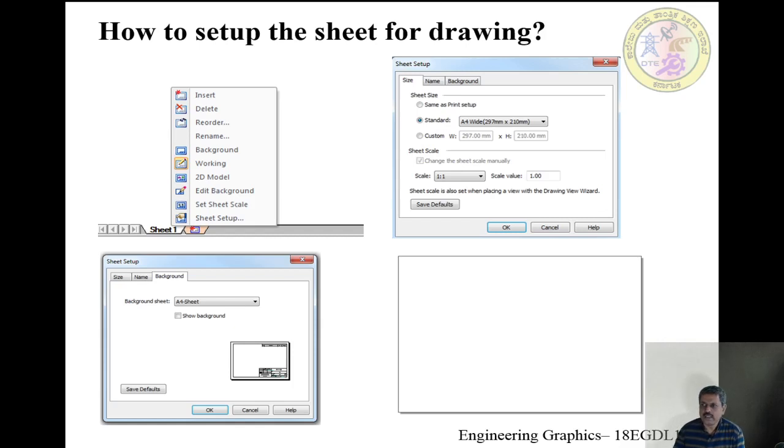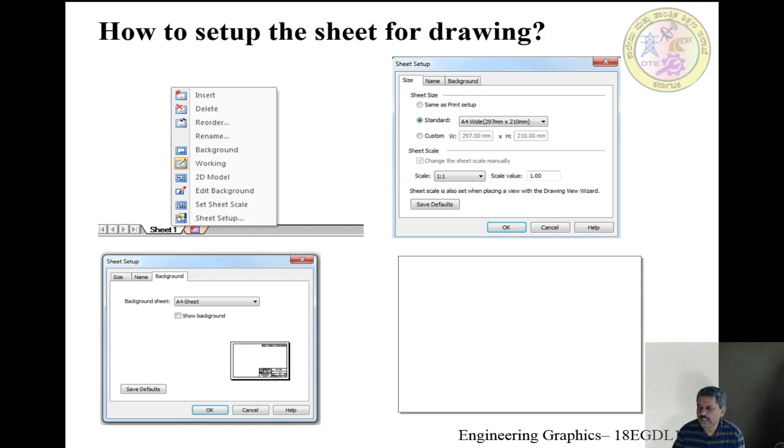On sheet 1, at the top left, I have right clicked, and there is an option called sheet setup. Anyway, I will show you exactly how to do this with the CAD in the lab, or probably I will make another session to make you understand this.